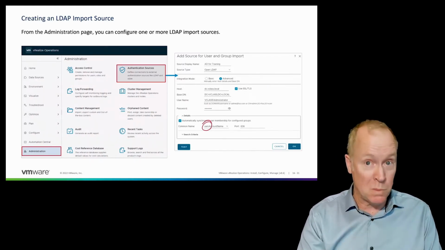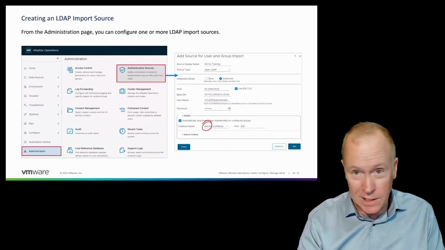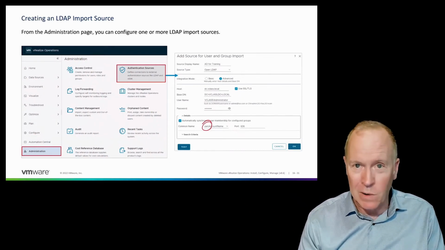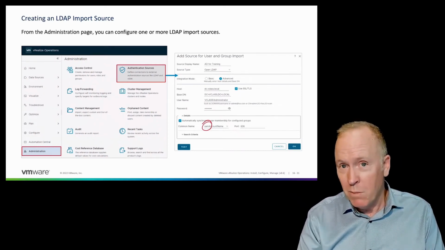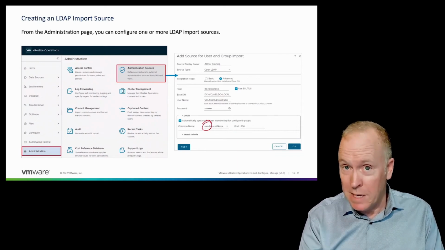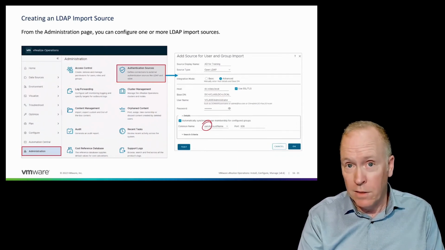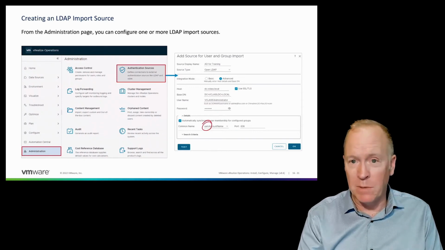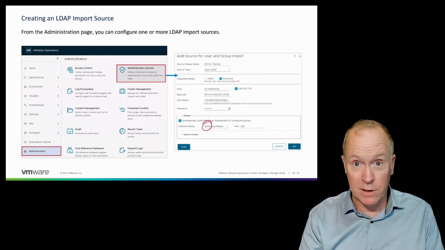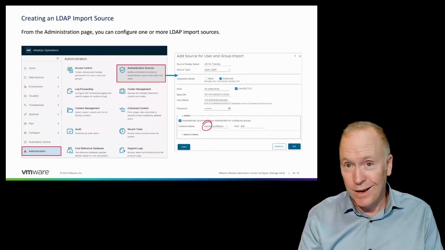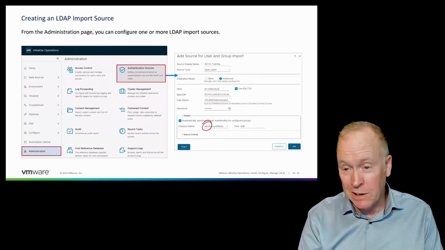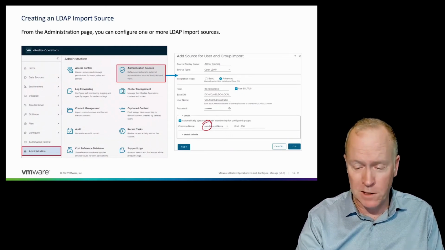The other is called UPN. Now, this is not a full-blown class in Active Directory, so I'm not going to go into the detailed difference between them. But what you need to know at a minimum is whether your Active Directory environment was deployed using one or the other. Again, I could flip a coin. It's going to be one or the other, but you need to talk to the administrator to know for certain